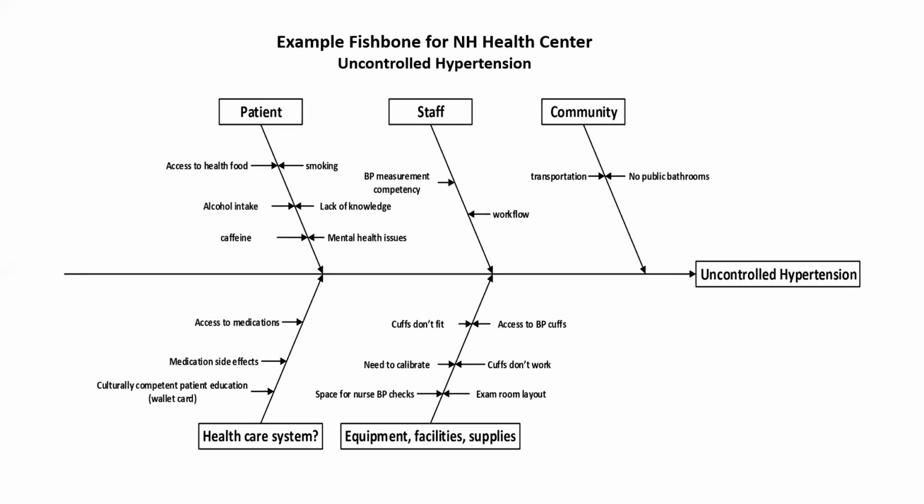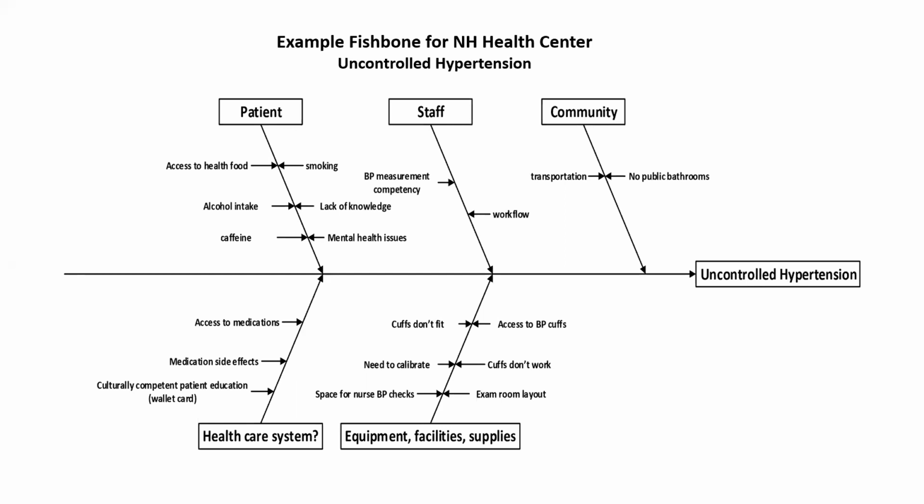And you can see that they chose different categories from what we saw on the earlier slides. They have community, staff, patient, healthcare system. We weren't quite sure what to label that. And then, facilities, equipment, supplies. And this seemed to work really well for this group and this particular quality improvement project. So you can see under facilities and supplies, we had, well, all of the blood pressure cuffs